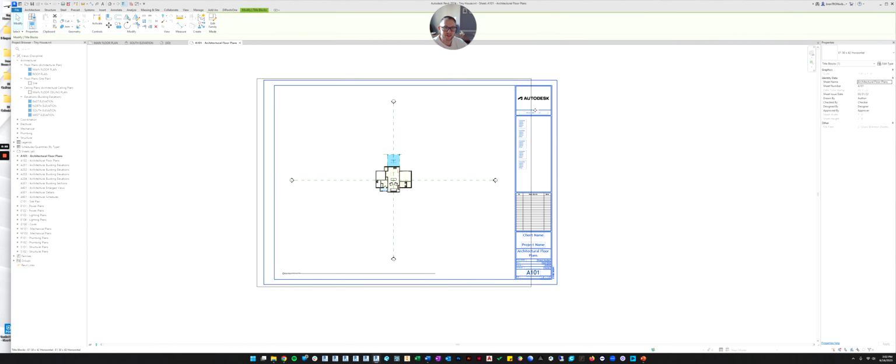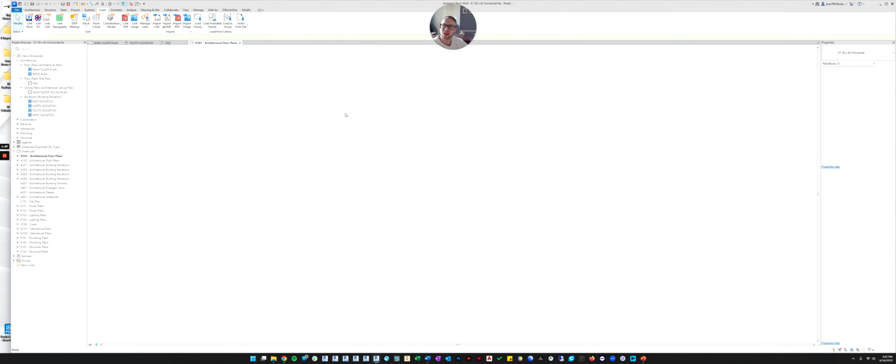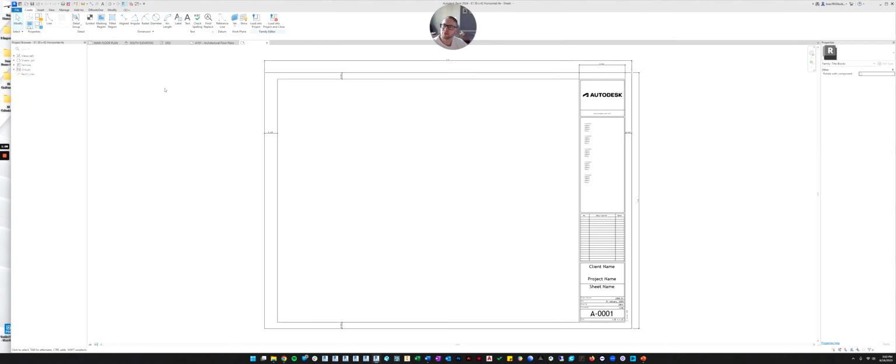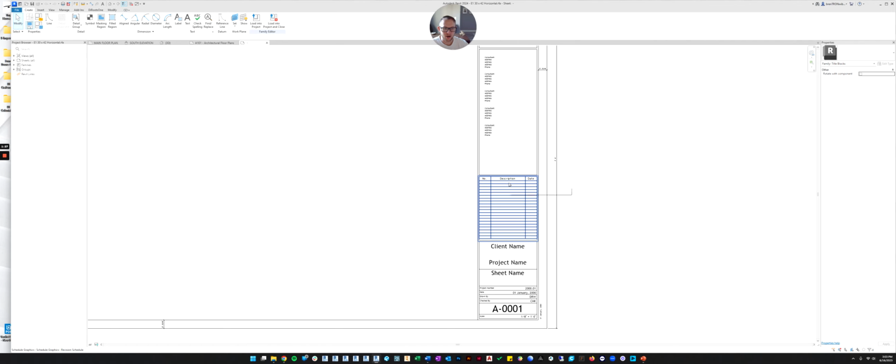All you have to do is select the family you want to edit. So in this case, the title block. And then you just go up to the Modify tab and hit Edit Family, and it will automatically bring you into a new tab. In this new tab, you'll see that there are different tabs on the ribbon. So these are the family making commands that you now have available to you. And now you can see the title block and you can see how it's made.